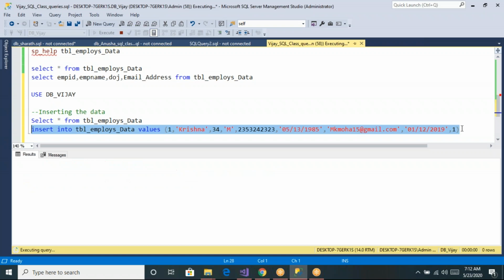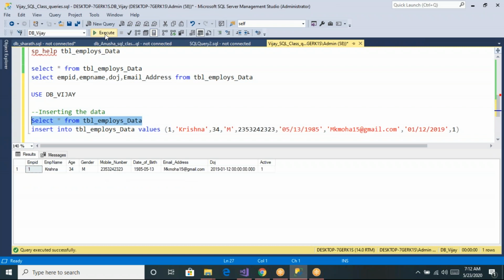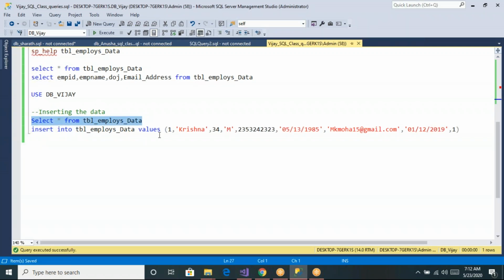Now let us go and see this. You can see we are able to insert the data. So first we have to specify the month and then the day number. Now you can go and see whether the record got inserted. Yes, we are able to insert the data like this. So this is one way of inserting the data: insert into table name values and specify the list of values. If your table contains 5 columns, specify 5 values. If your table contains 10 columns, specify 10 values.